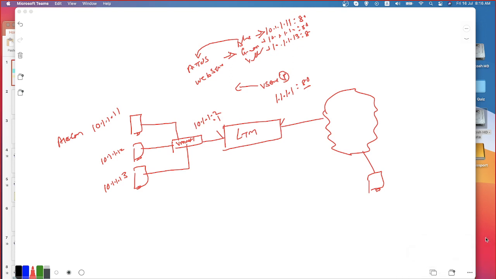Now let's assume how the traffic is going to be initiated from the external PCs. A person or an end device connected to the internet opens up a browser and tries to access atos.com. When atos.com is requested from the PC connected to the internet, the name needs to be resolved to an IP address.